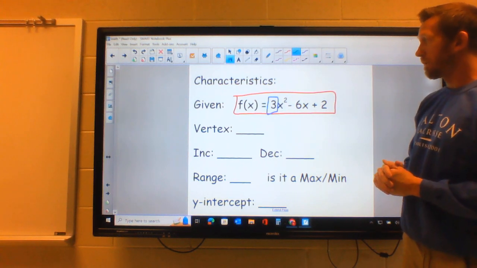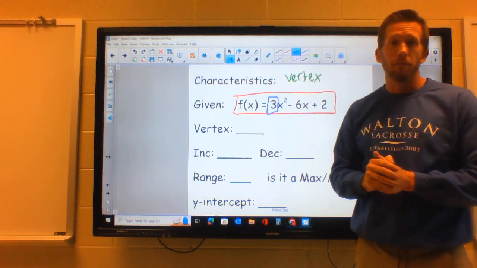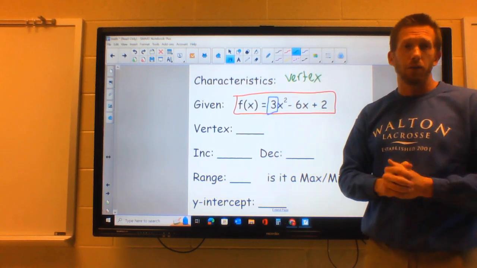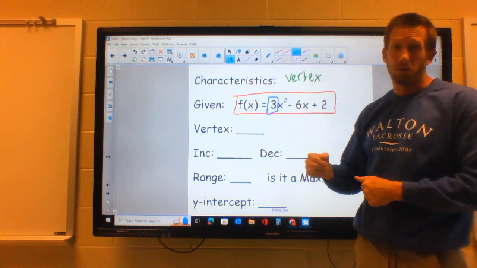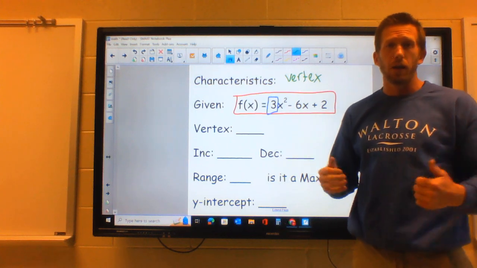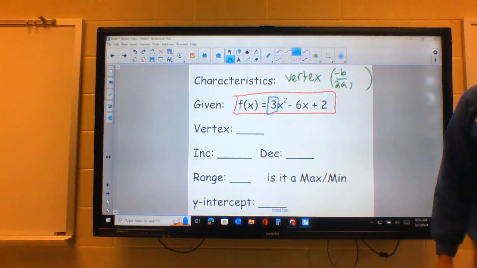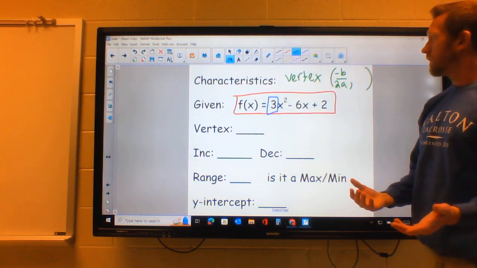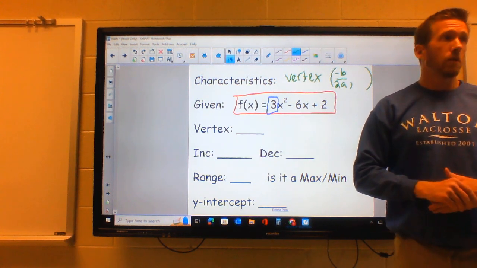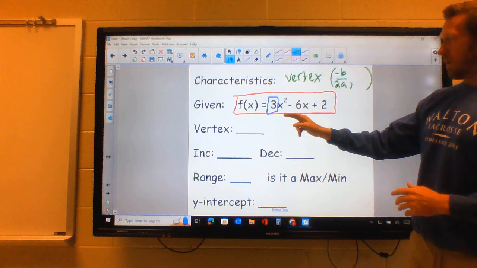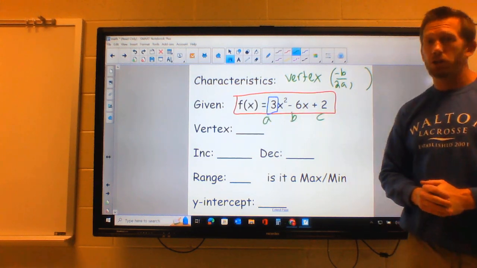Second thing we always want to talk about is the vertex, which is what one of my students called out. If we can identify our vertex, everything else is built off of that. In fact, given the a value and the vertex, we can graph our function, and we can also identify all the transformations from it. So if you're wondering what to do specifically in standard form to find the vertex, we are going to identify our a value, our b value, and our c value in standard form,